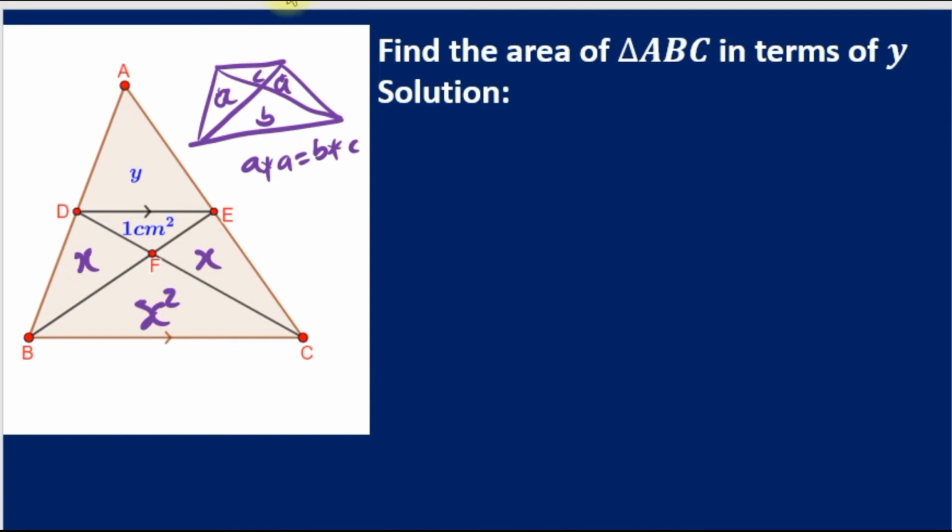Okay. And again, looking at these two triangles, I'm going to solve using similar triangles. Using the ratio of areas of similar triangles, if you can remember that, I'm looking at triangle ADE, which is similar to triangle ABC. Yes, they are similar, which implies that